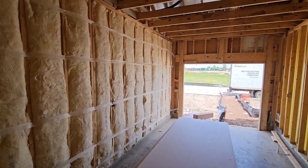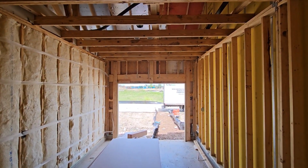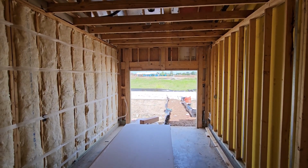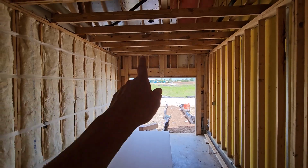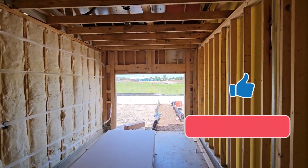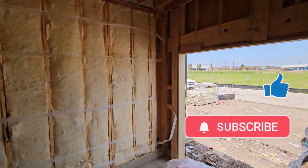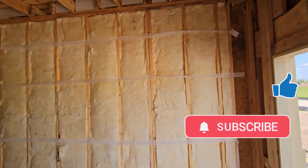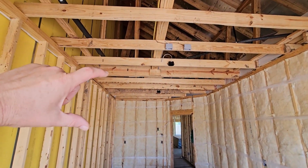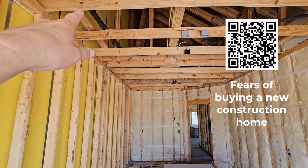So, as you guys know, I like to start off in the garage. This one's a little bit different. It's a single car garage, so you don't have a lot of span. From there to there isn't that big compared to most garages, or even just a standard size garage. You would have a much bigger span. So you don't really have to have those super big Versalam braces that go across there. These 2x6s work just fine,